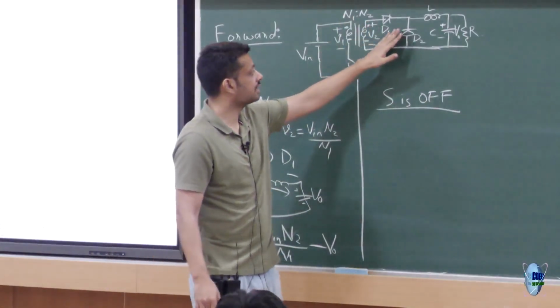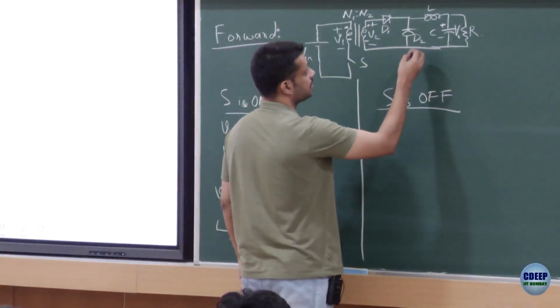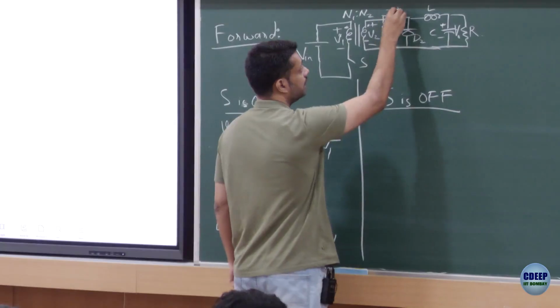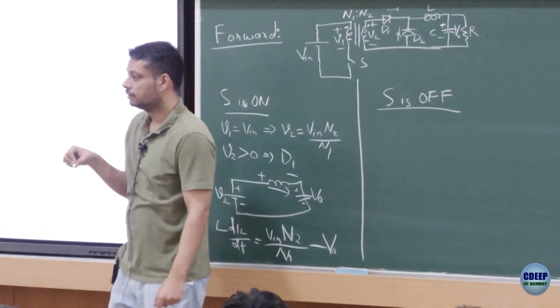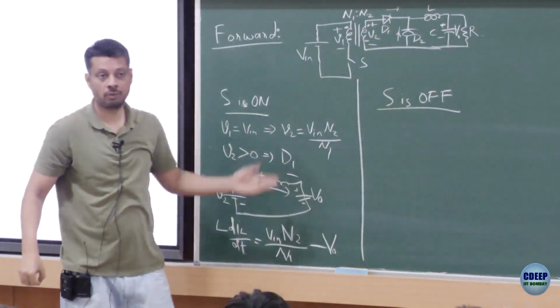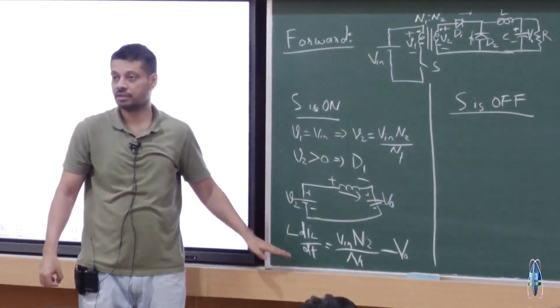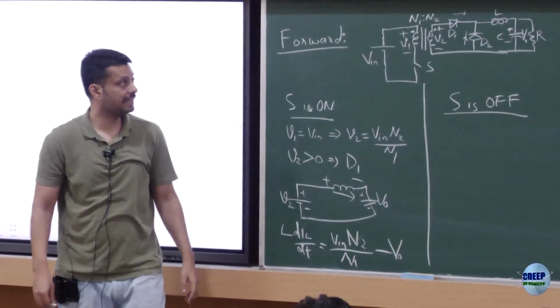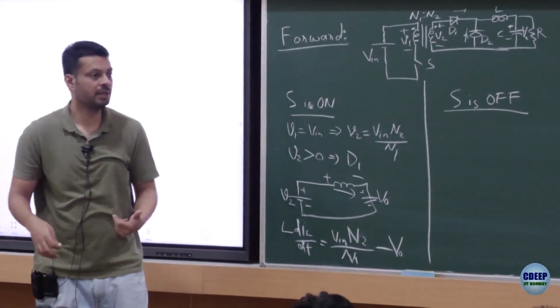Now if you see this structure here, D1 and D2, both options exist. Of course, current can flow through here, current can flow through here, right? Because inductor current cannot suddenly become equal to 0. Inductor current was positive, it was rising, slope was positive, so it cannot become equal to 0. So will it take D1, will it take D2? You can do it by elimination as we have been doing.